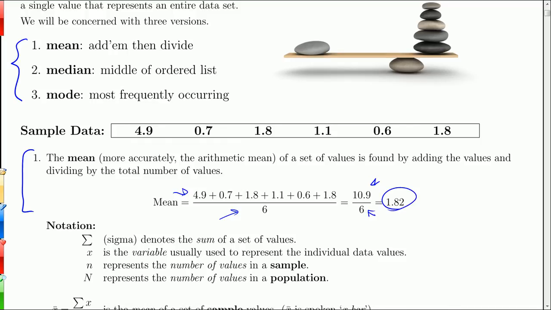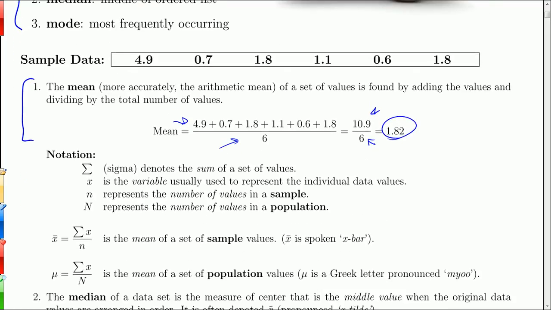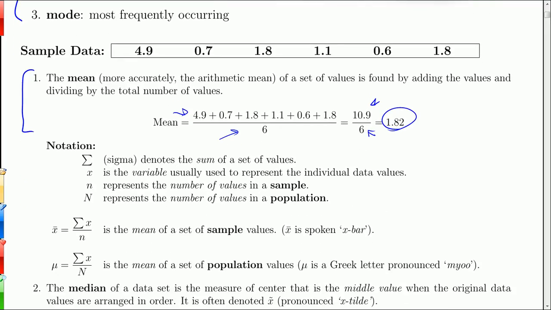So that's the mean, or the arithmetic mean. I'll just be calling it the mean. And it's worth paying attention to some notation here, because this notation is used throughout the entire textbook. So when you look at this formula, you added up all the values and divided by how many there are. Here is the way we would write that in formulaic notation. X bar, that's the sample mean,